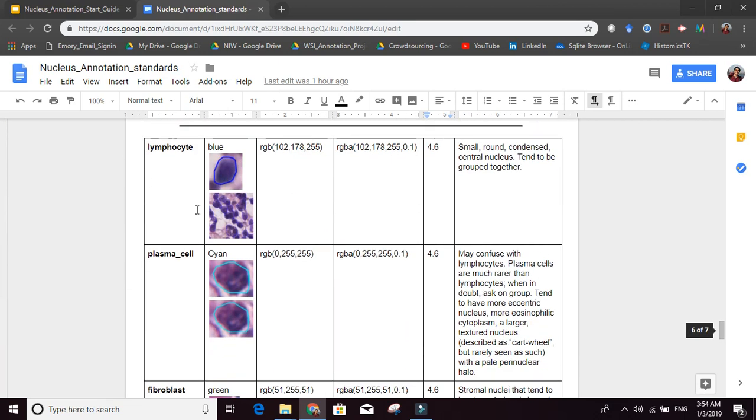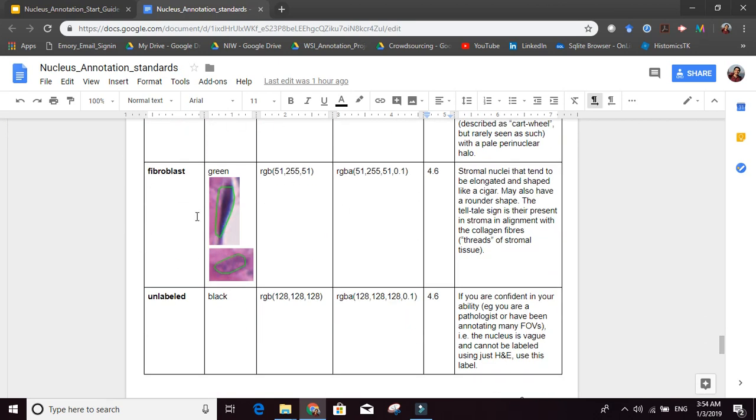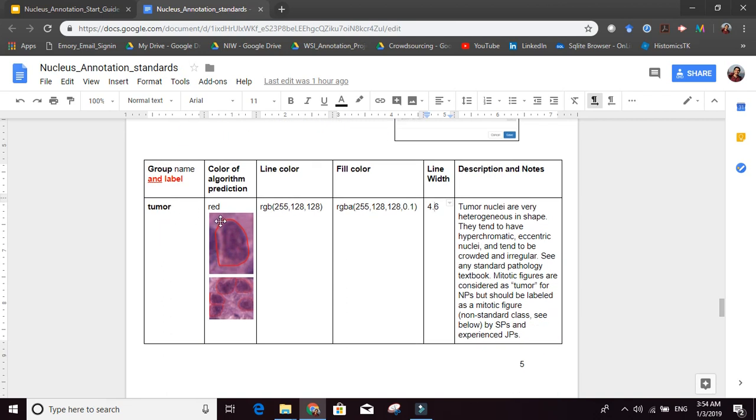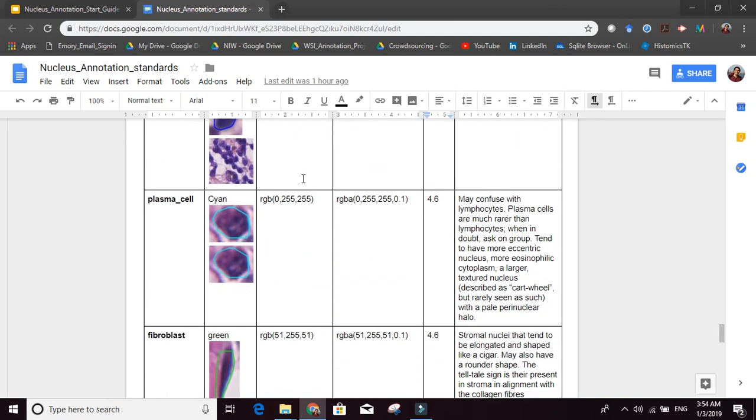So there's tumor, there's lymphocyte, there's plasma cell, there's fibroblast, and there's unlabeled. And these are basically the 5 standard labels that everyone should have. So almost every nucleus in the data set is going to belong to one of these 5 classes. Tumor, again, lymphocyte.